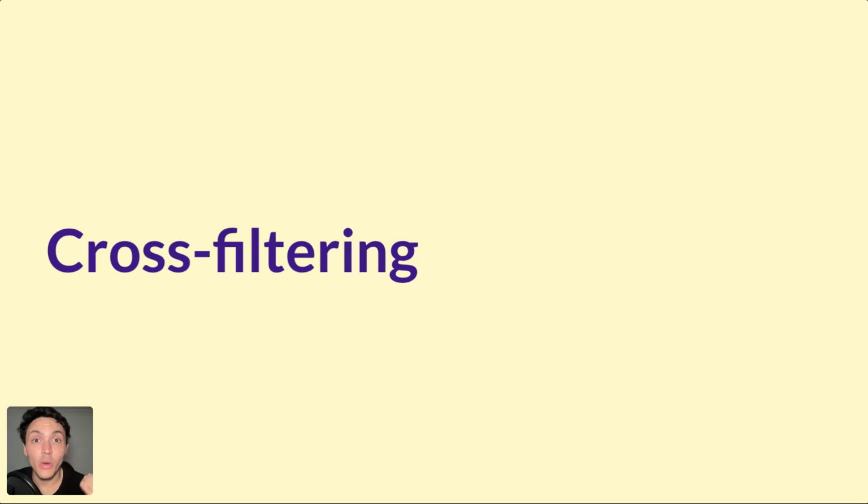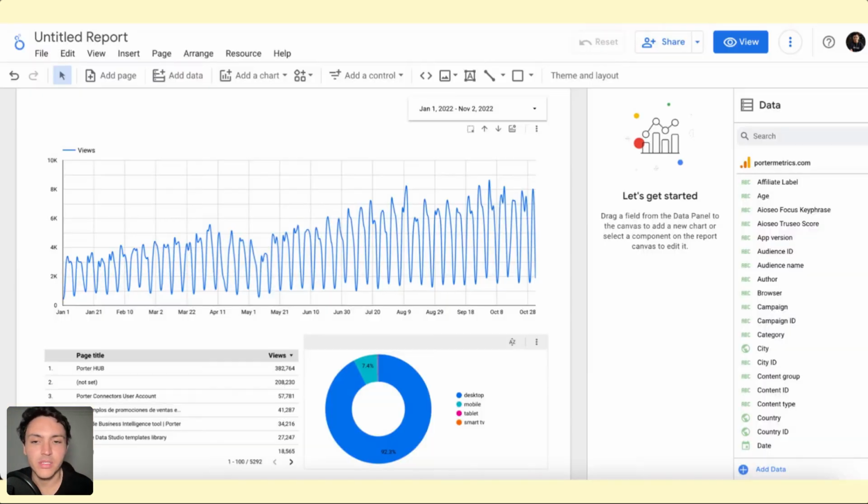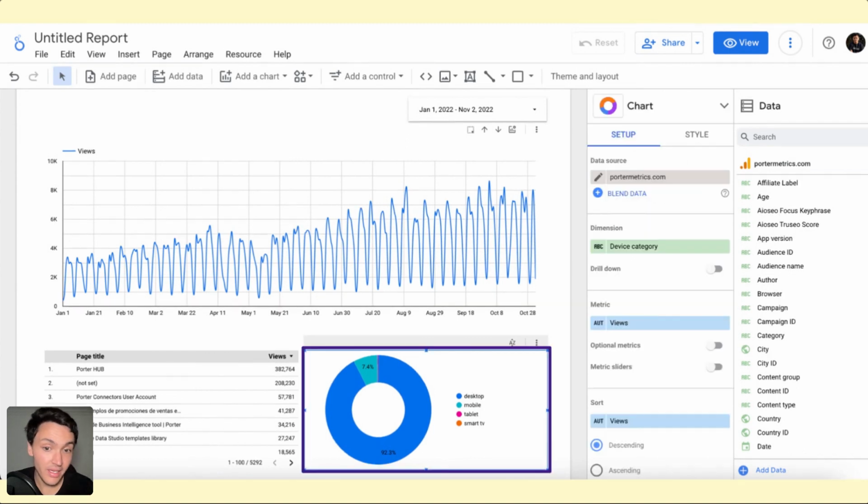I will show you another useful way to create filters on your Google Looker Studio reports. And I will do it with this chart. It turns out that I want to convert that pie chart into a filter. So I will go to edit, I will click on that pie chart, and if I scroll down to the